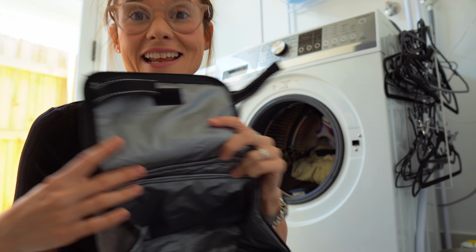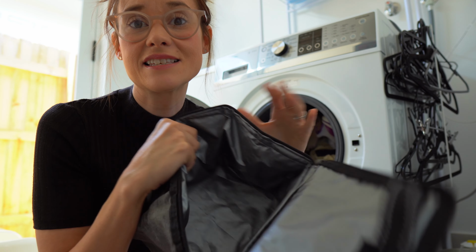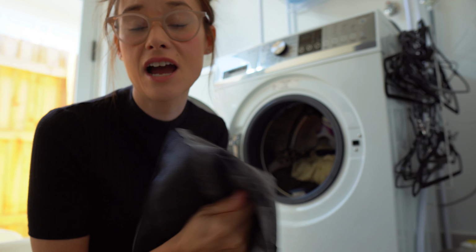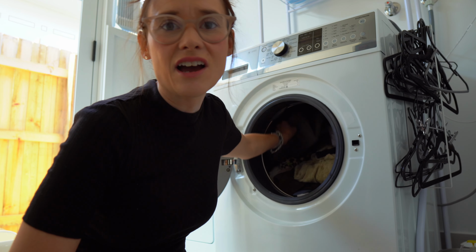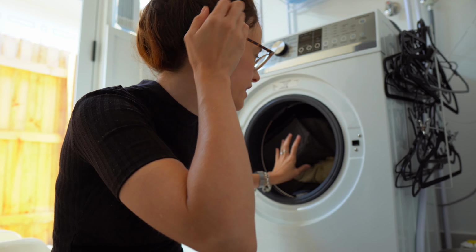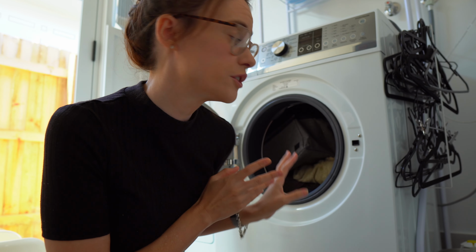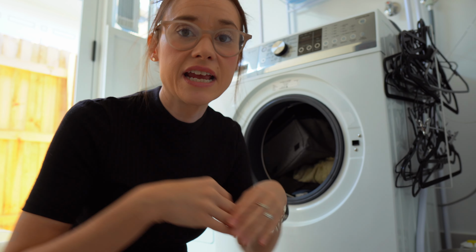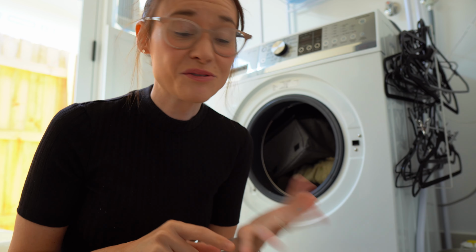And then the other one that I love to do is lunch boxes. So if you use these soft coolie bag type lunch boxes, they get a smell. They just do. I don't know, maybe it's where we live, but they definitely get a smell. So every week I just chuck any of the lunch boxes that we've used during the week in the washing machine, hang them out to dry, and they come up good as gold. Other things that I've put in there before,